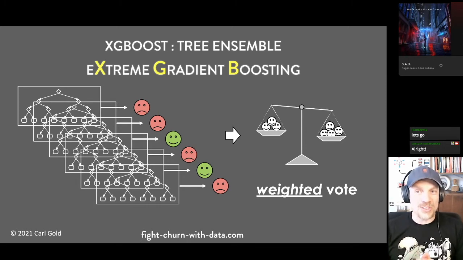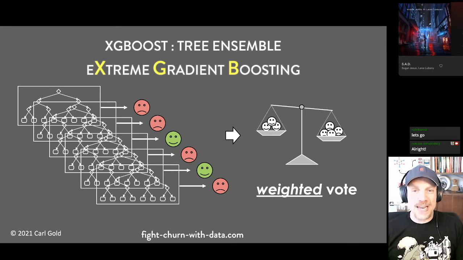So the algorithm starts out with one tree, maybe there's one here on the top left, and after running that tree, it sees what customers, this is talking churn, it would see what customers the first tree made mistakes on. And then the second tree is actually going to be created to correct the errors of the first tree.